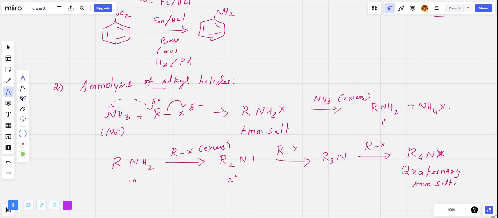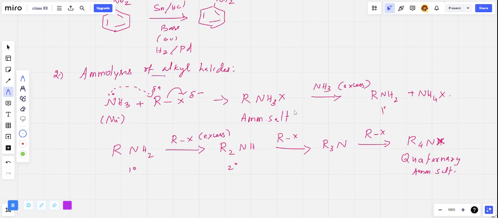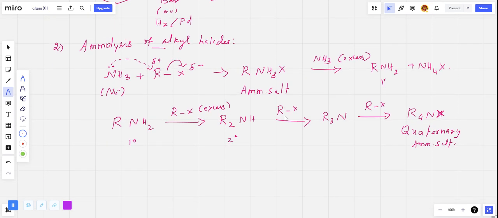Okay, quaternary ammonium salt. That means if we want to prepare primary amine, we need to use excess of ammonia. I will write here: if primary amine is needed,